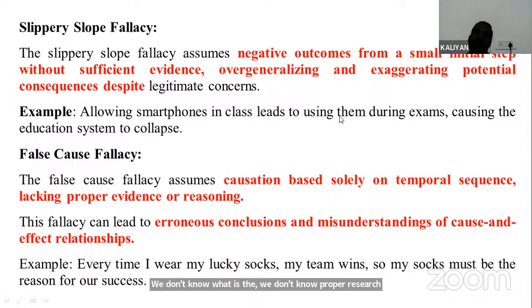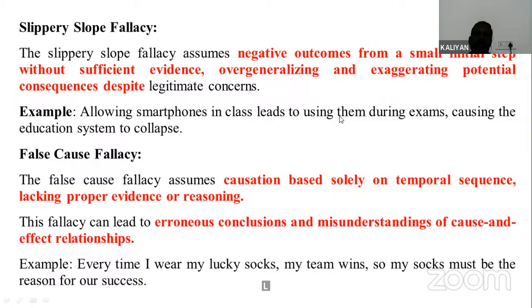And next is the false cause fallacy. It assumes causation based solely on temporal sequence, lacking proper evidence or reasoning. The fallacy can lead to erroneous conclusions and misunderstanding of cause and effect relationships. For example, every time I wear my lucky socks, my team wins, so my socks must be the reason for the success. So they are making a superstition, they misunderstand the cause